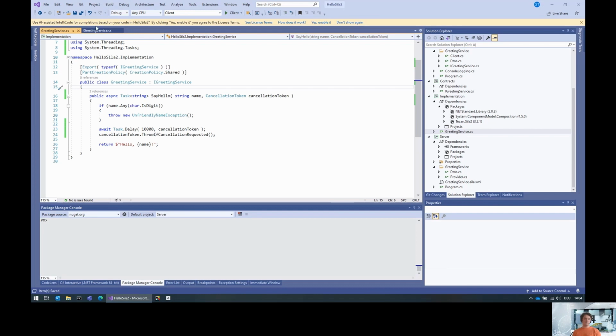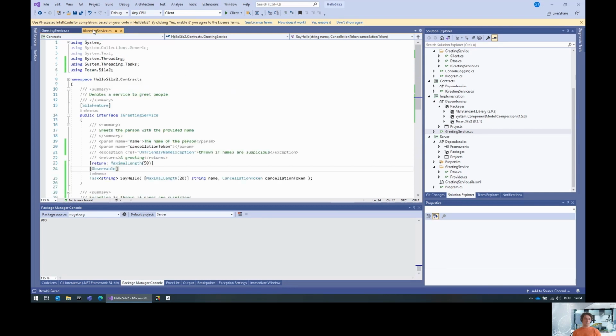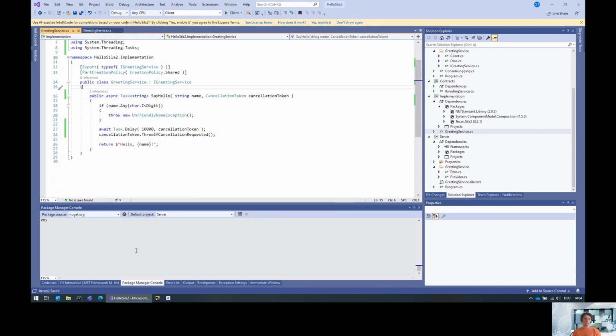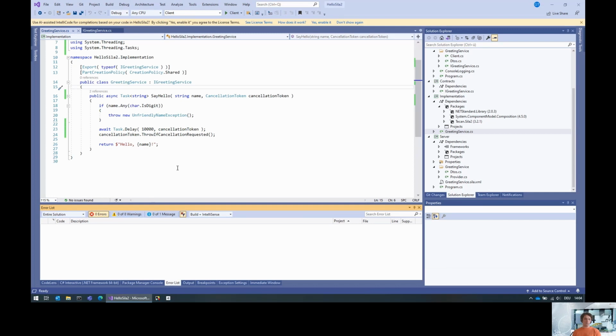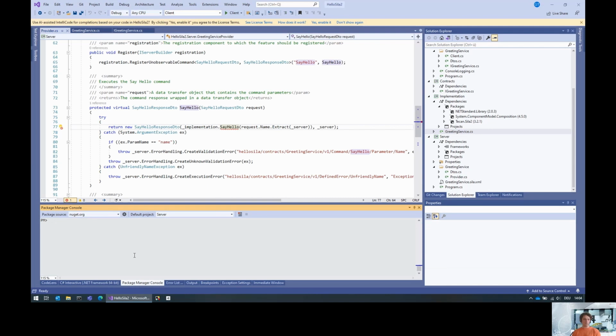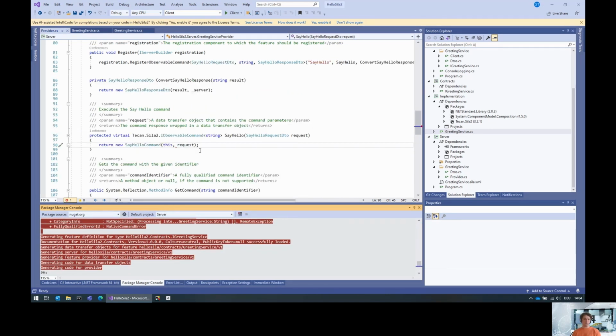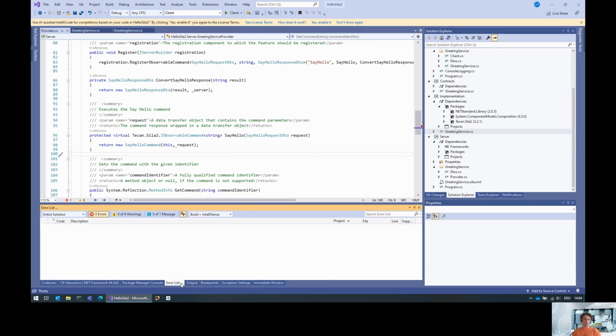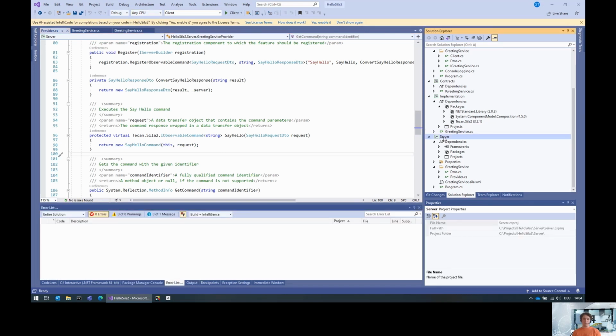Then the next thing is that we'll probably have some error message coming up, somewhere in the generated code. So if you see errors in the generated code, just regenerate the code. And boom, the error is gone. Now, if we start the server now,